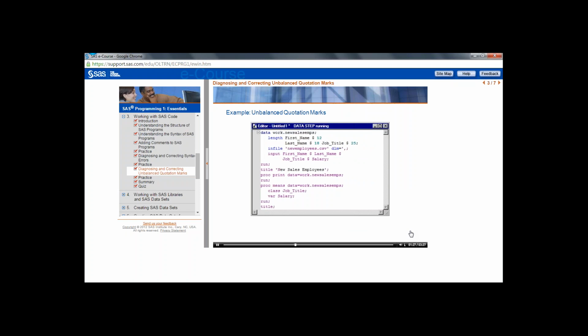To fix unbalanced quotation marks, you might assume you could add one quotation mark and resubmit this code. However, this approach usually doesn't solve the problem. SAS is keeping track of the quotation marks and still considers the quotation marks to be unbalanced. If you correct the error now, SAS just adds an even number of quotation marks to the total. The quotation mark count would still be uneven. So, you need to resolve the